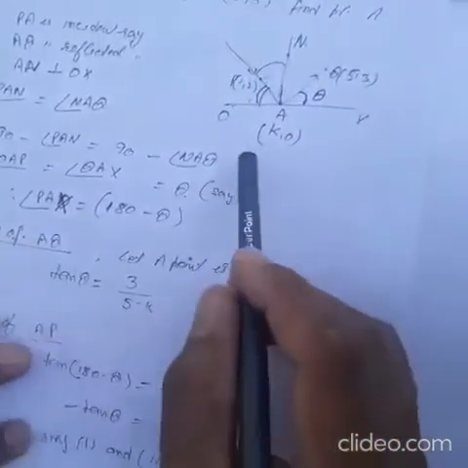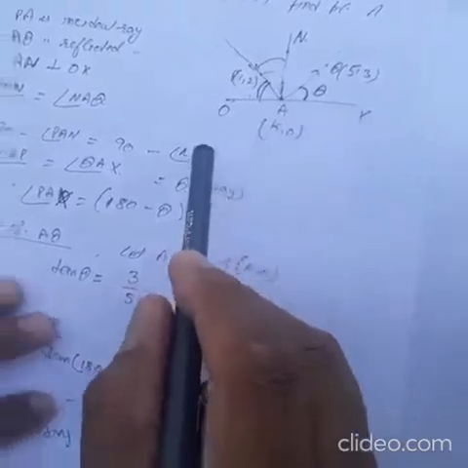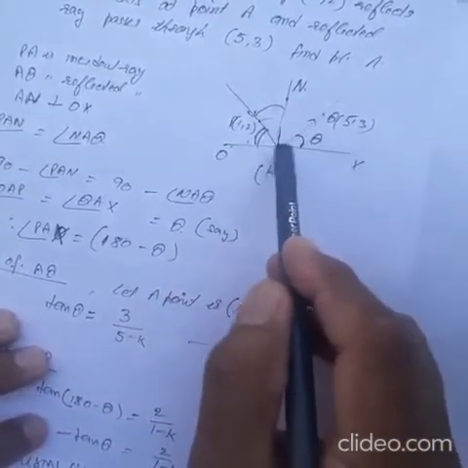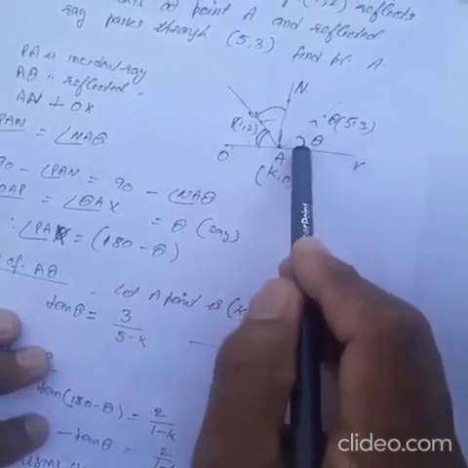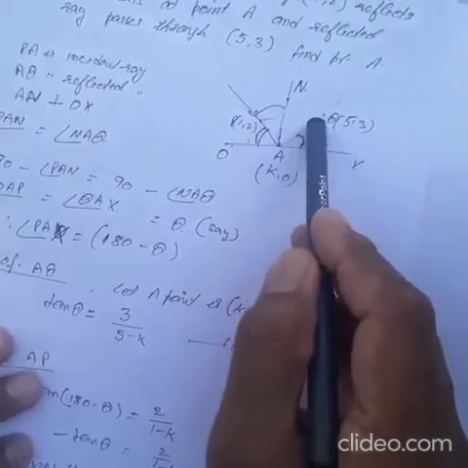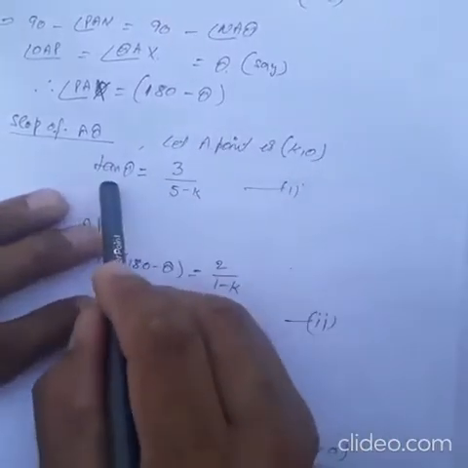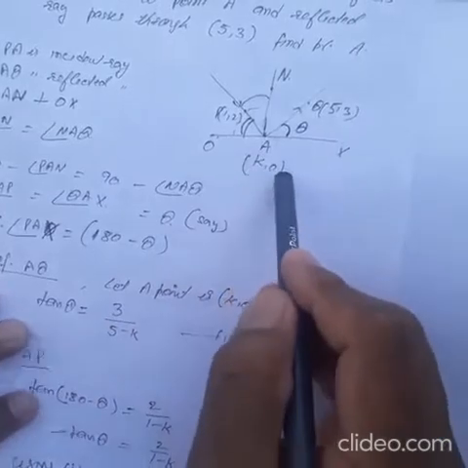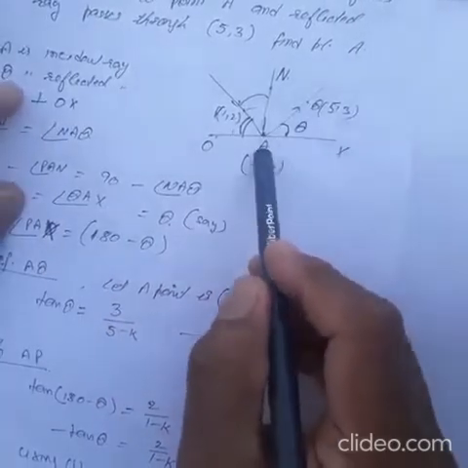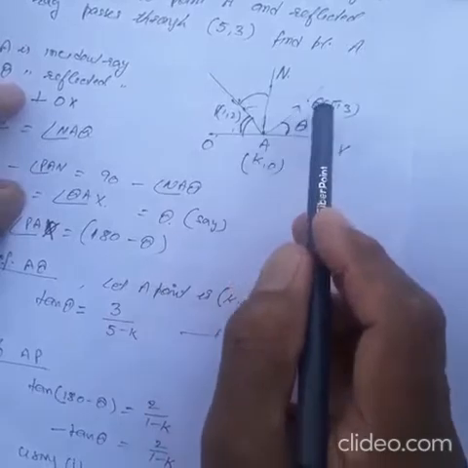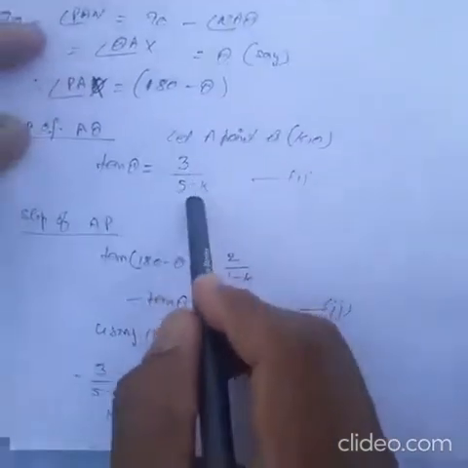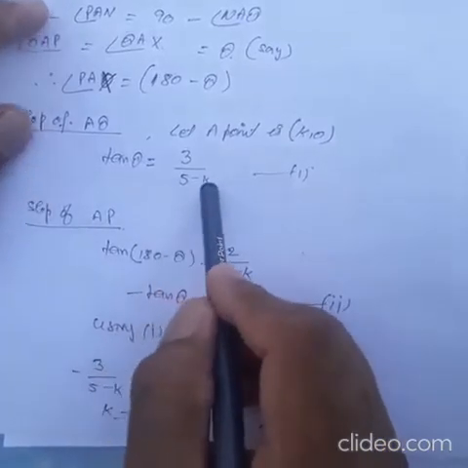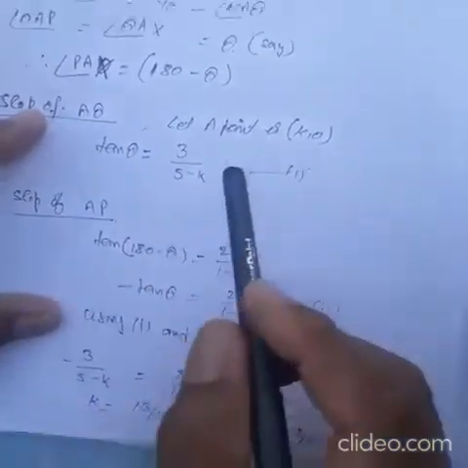Now we will find the slope. What is the slope of AQ? If theta is the angle with the positive x-axis, so theta is the angle of inclination for AQ. So the slope of AQ will be tangent theta. Let the coordinates of point A be k, 0. We can also find the slope using the two-point form, using A and Q. So tangent theta will be equal to 3 upon 5 minus k. Similarly, the slope of